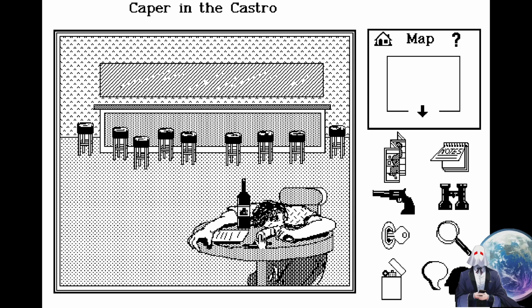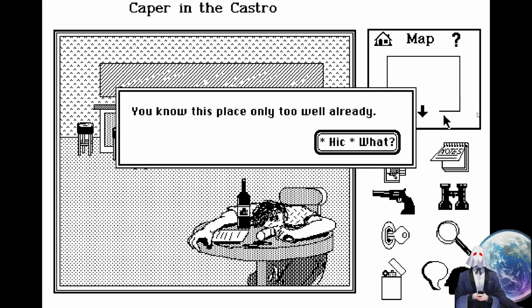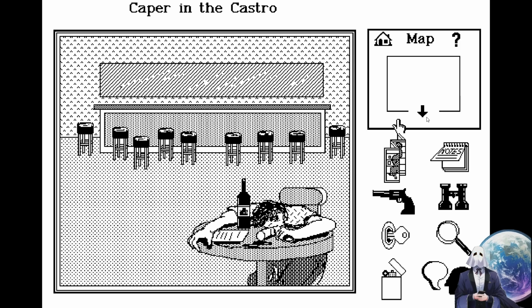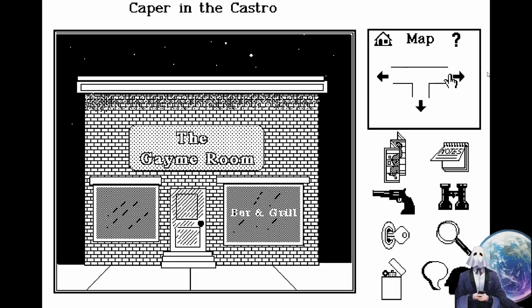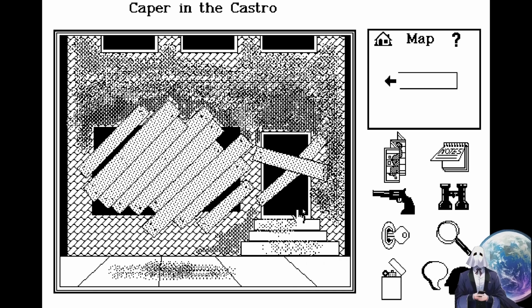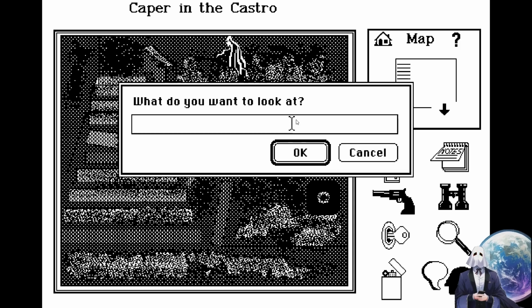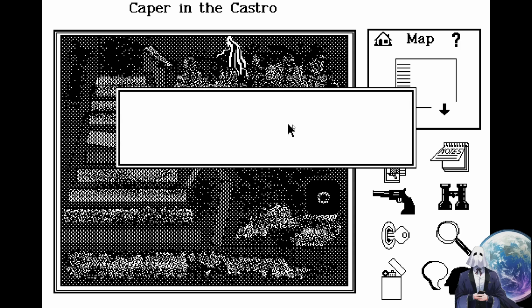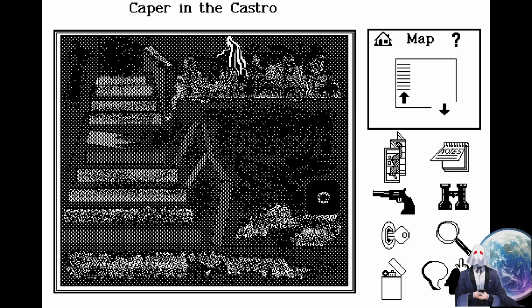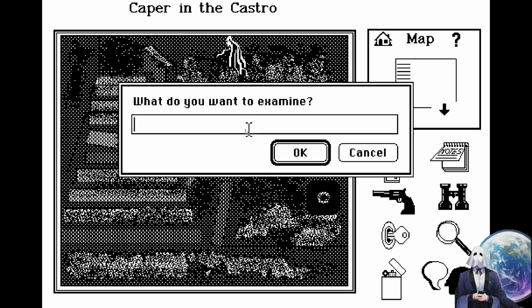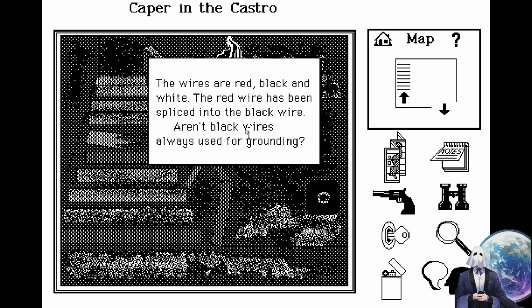Okay, so... Alright. This is a pain in the neck to navigate through, but only because of the dang. If I try to go up those stairs, I will die. Can I use this? Wires. Too dark to see anything here. Wires are red, black, and white.